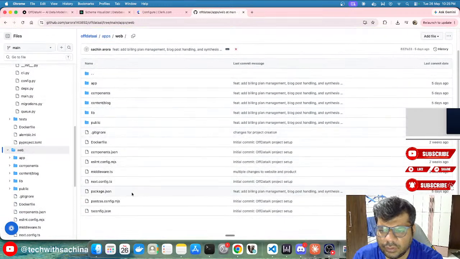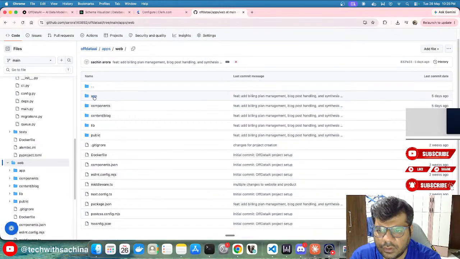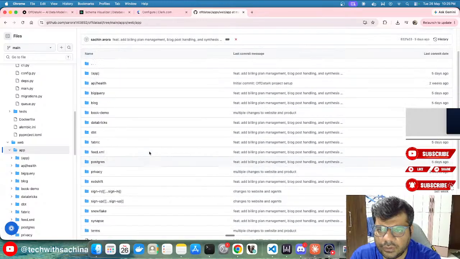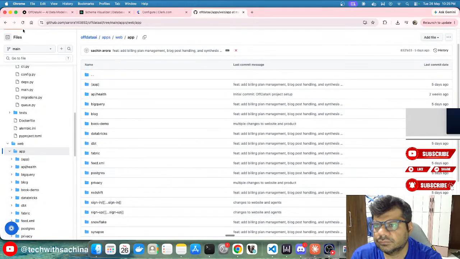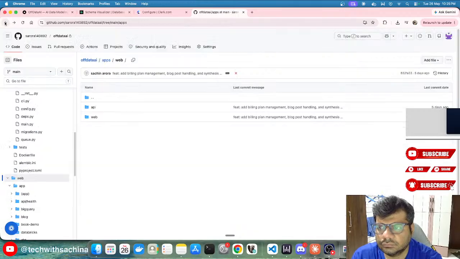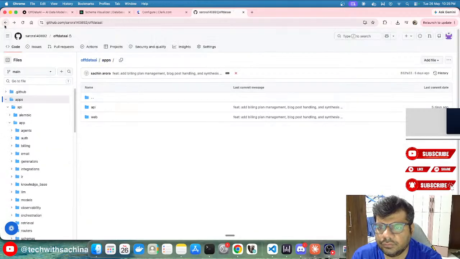No, not at all. I don't see any env file committed here. So I'm not sure where it is picking that part. No, we don't have that. Okay. This is good enough for now.